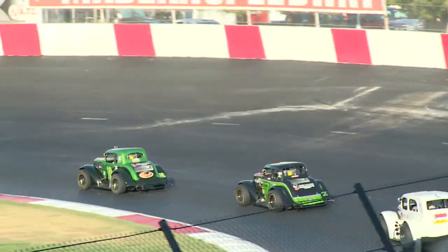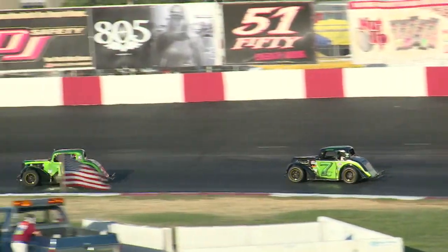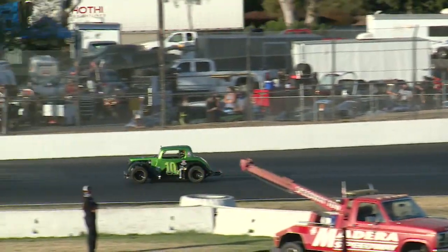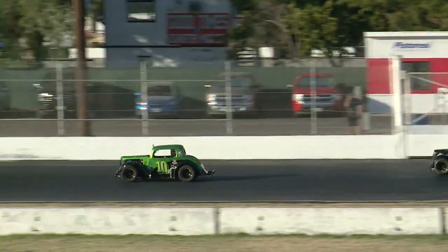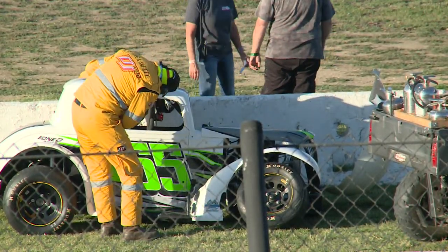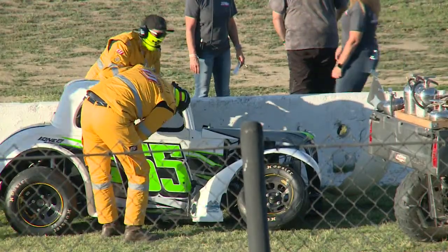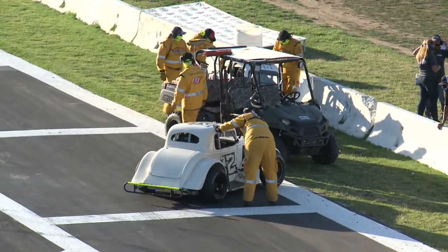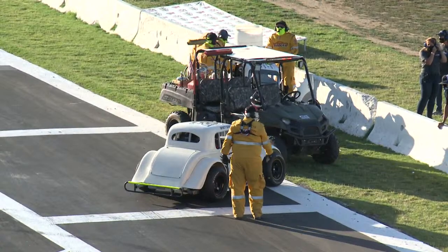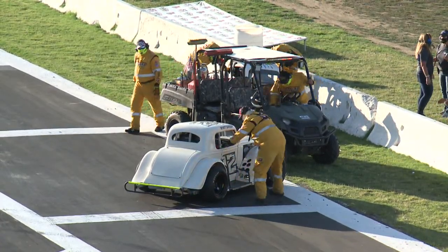So the leader of the pack right now is Carly Austin. Of course, Cameron Austin also races modifieds as well. Cameron's a pretty good modified racer. And I don't know if that's an official who came running over to check on Borchers. They were awfully concerned. It was a big, big hit right here at the start-finish line. Right front wheel is laying over, so it's obviously got suspension damage to the right front of that car. Like you say, that was a hard hit into the